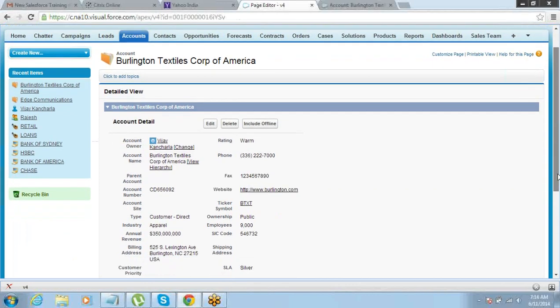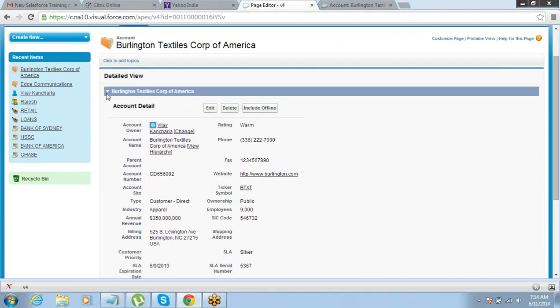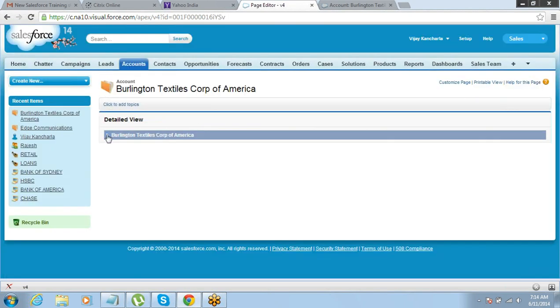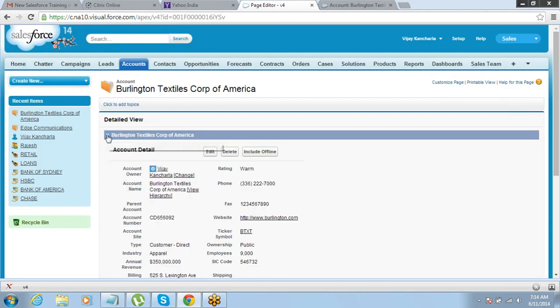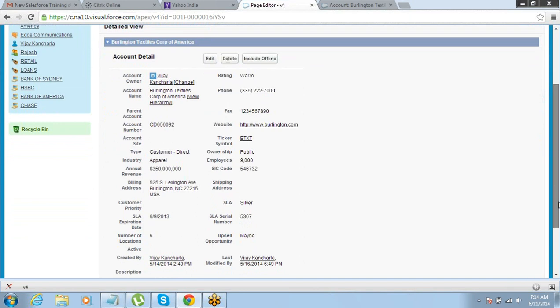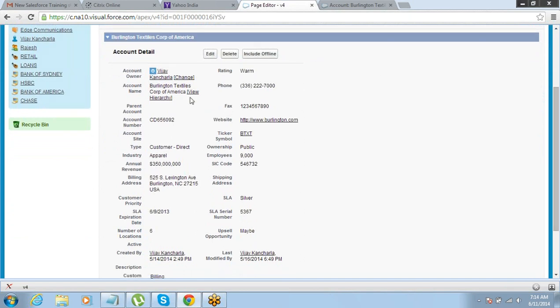So what we have done, we have created a collapsible page block section for displaying the details, right? A little strange thing that you might be noticing, that the entire detail has come on half of the page and the remaining half page is blank, right? The right side of the page is blank and it is just being displayed on half page, right?